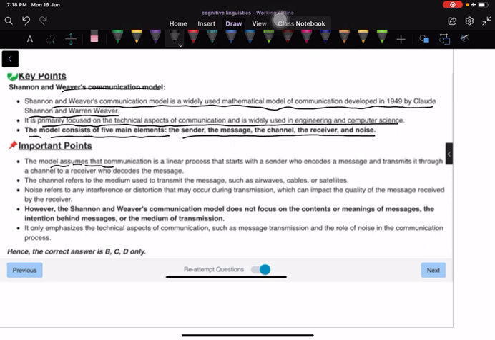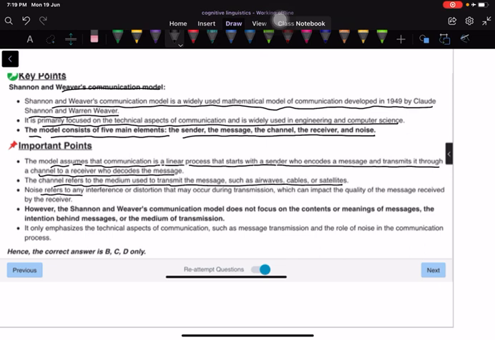The model assumes that communication is a linear process, that it starts with the sender, who encodes a message and transmits it through a channel to the receiver, who decodes the message. The channel refers to the medium used to transmit the message, such as airwaves, cable, or satellites. Noise refers to any interference or distortion that may occur during transmission, which can impact the quality of the message